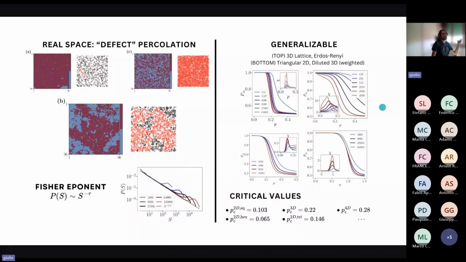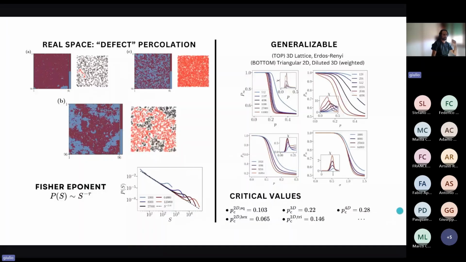And the nice thing about this framework is that it's totally generalizable because it's based on the discrete Laplacian, which you can adapt to any kind of topology you want. And we tested many topologies, and we found more or less the same phenomenology, that is a peak and sometimes two peaks. There is a non-trivial structure also in this, especially when you start looking at the fluctuation of the critical parameter. But for now, the most interesting part is that if you compute all of these critical parameters, then